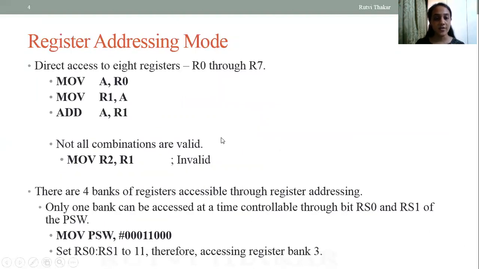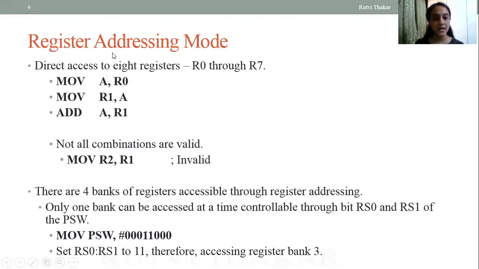Next is the register addressing mode. As the name suggests, register, we know what registers are. Before going to the example, I'll show you the last part, which says how to select the registers from the register bank. We have already seen the status of PSW. By PSW, we can select any of the registers. By default, the PSW will be 0000, which denotes register bank 0.